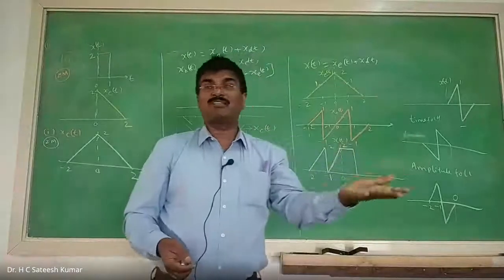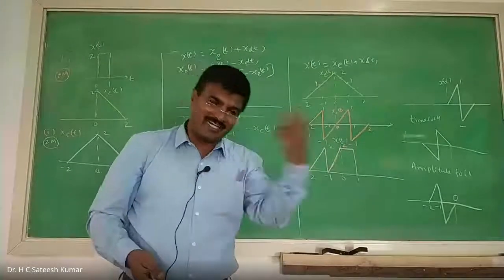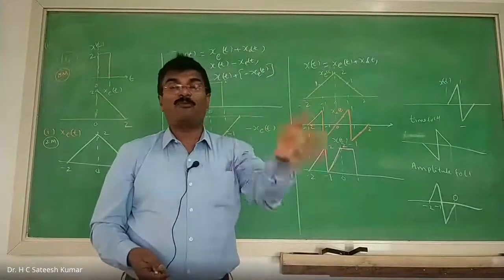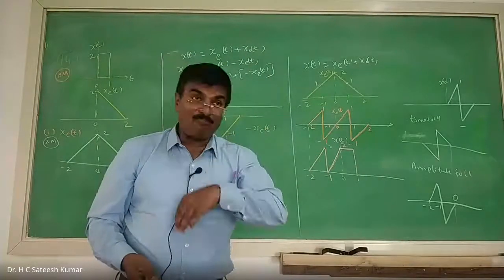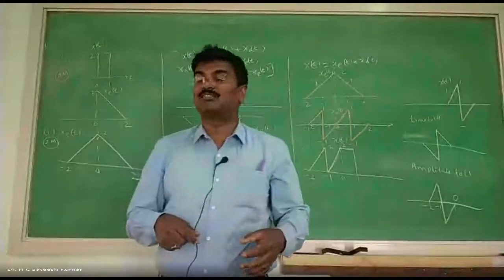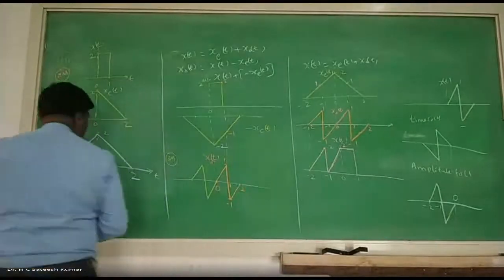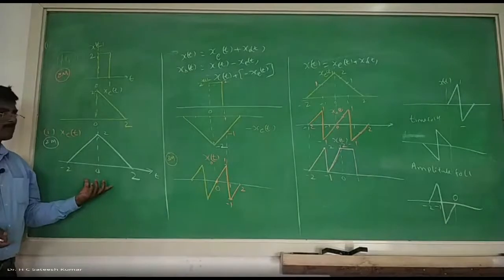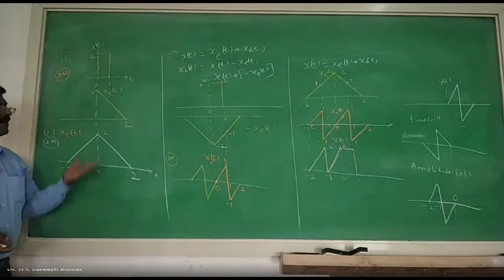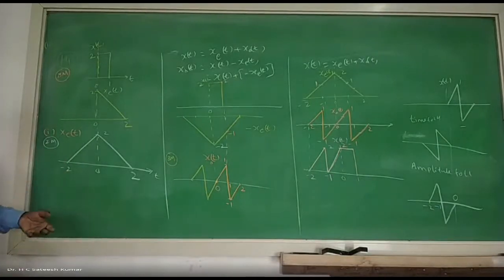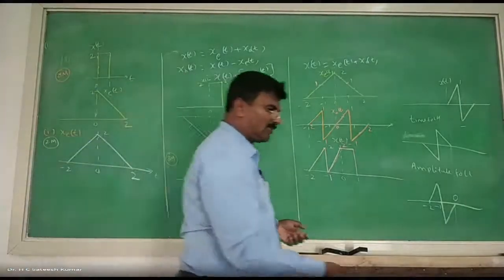If the problem is given, we can give the solution. If the solution is given, you can create a problem. But here it is not like that. Half the problem and half the answer is given. The other half of the problem and the other half of the answer we should find out. That's why students were confused by this. Other than that, these even and odd part problems are very easy to do. This is also a special problem that I have seen in the history of signals and systems, and you can easily do it. So this is the method you should follow. Repeat the video twice, thrice, 4 times. If you are finding it difficult, you can come and discuss, or you can call me on video.